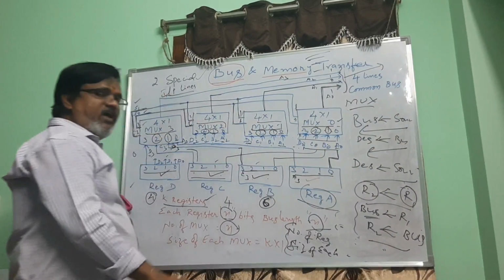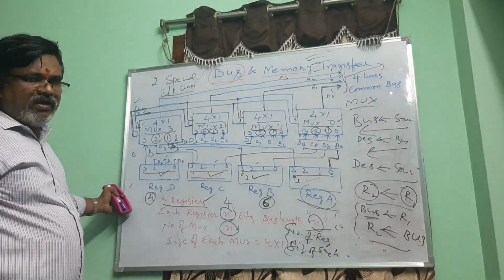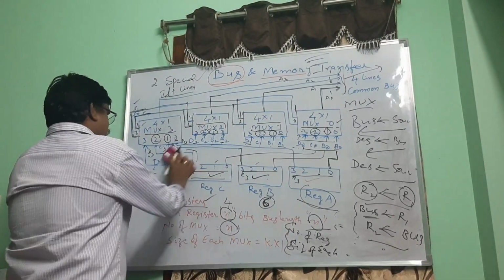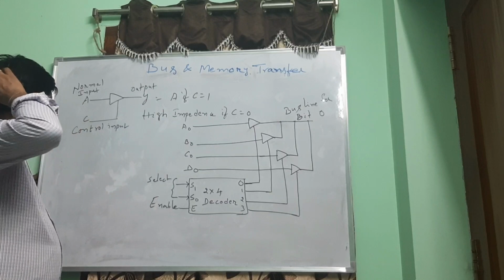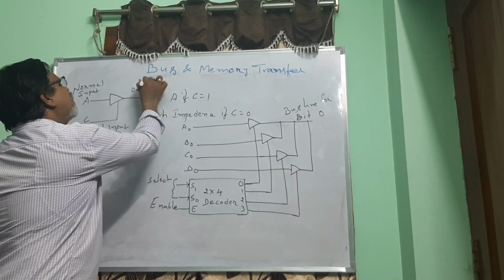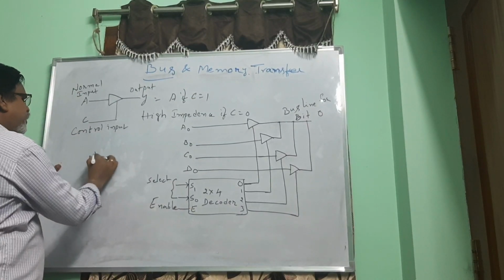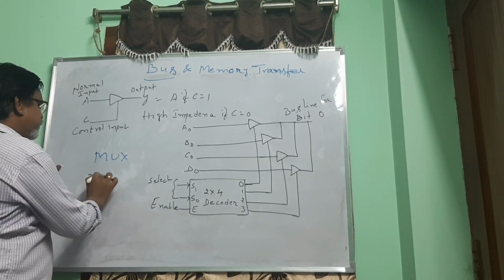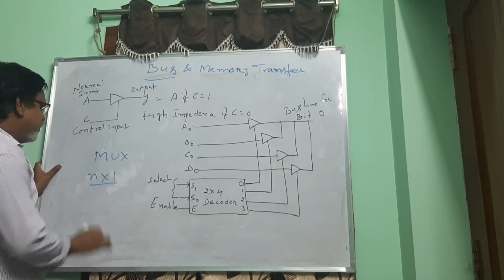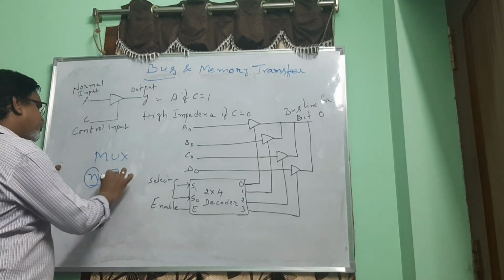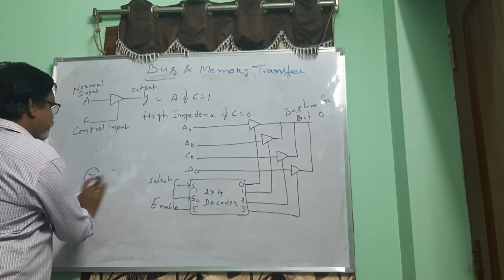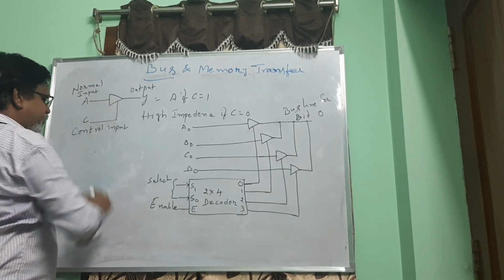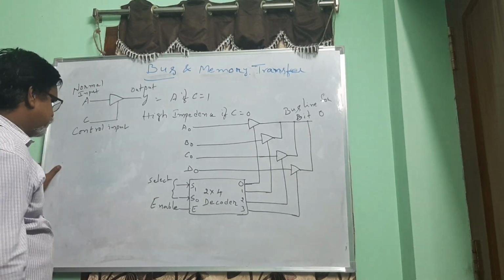Now this is transferring the data using the bus transfer method in one way, that is using multiplexers. There is another way of transferring data in bus transfer, that is using tri-state buffers, which we will discuss now. Previously we discussed the bus transfer method using a multiplexer, where n by 1 means there are n inputs and 1 output. Now, let us discuss the same bus transfer method using a tri-state buffer.